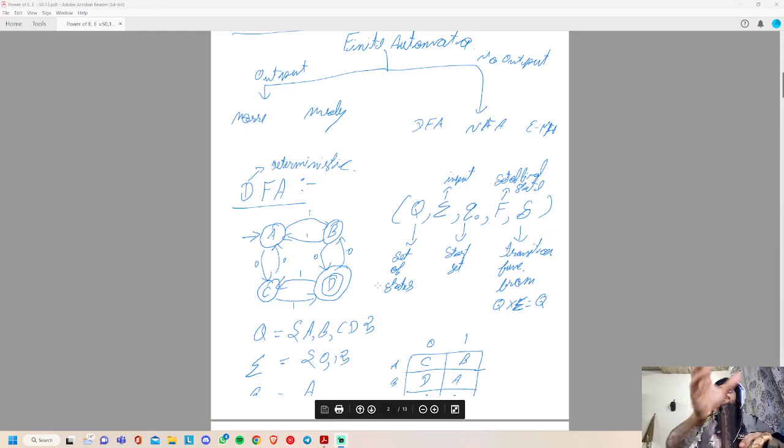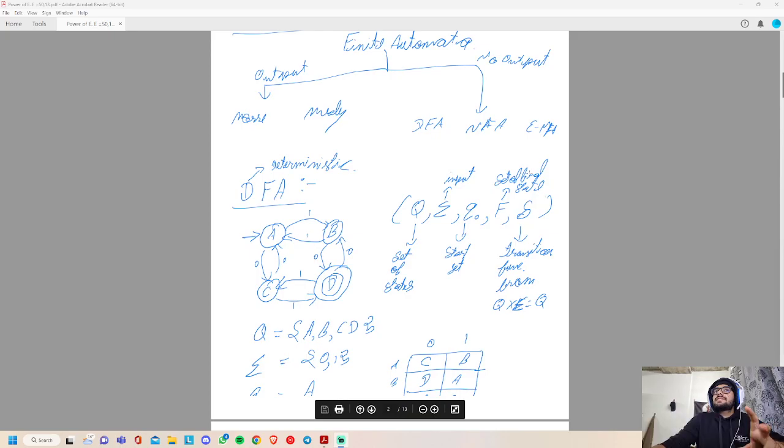And now let's discuss the grammar. What are the proper sets that can be used in these things? Now, what is Q? Q is the set of states. Sigma is the input, what input we will give to the machine. Q naught is the start state.